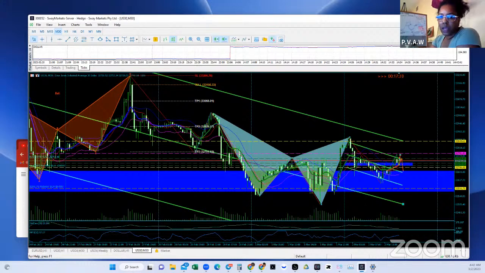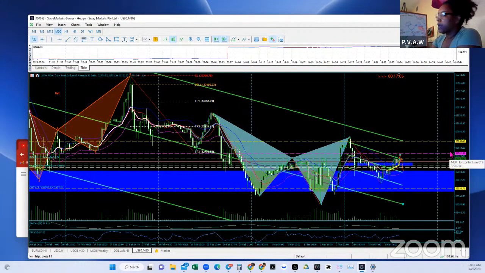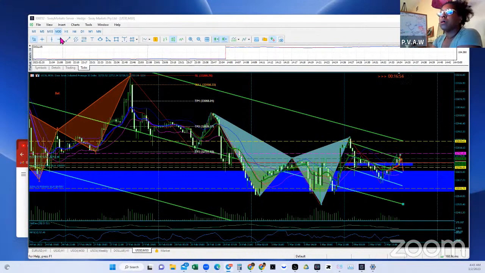I already wrote that. Okay, so let's see if we reject or stay above these targets. So we're now at 32754. We're going up to test 32782.83. So let's see if we make it up to that target, right? And the next target after that, so you guys know, besides the higher one I gave you,